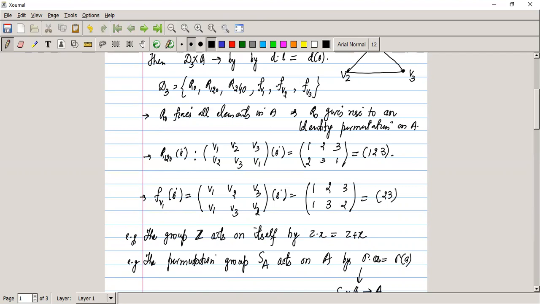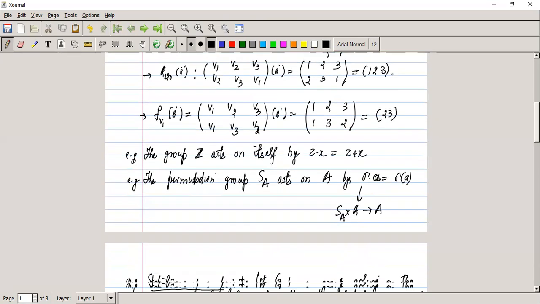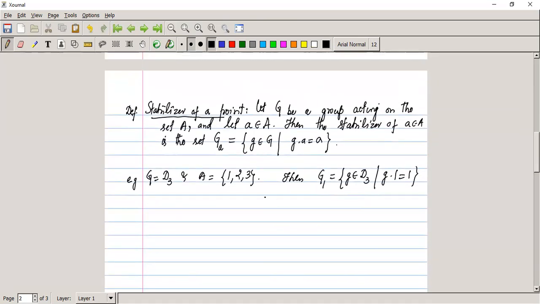Then we can easily verify that FV2 will not stabilize 1, but it will stabilize 2 from the set A which contains 1, 2, 3. And similarly FV3 will stabilize 3, and therefore it means that G1 contains the two elements R0, the identity rotation, and the reflection along the vertex V1 of the equilateral triangle that has its vertices as V1, V2, and V3. And similarly, the stabilizer of 2,